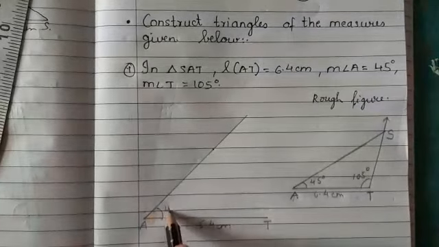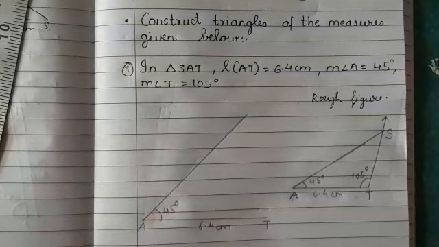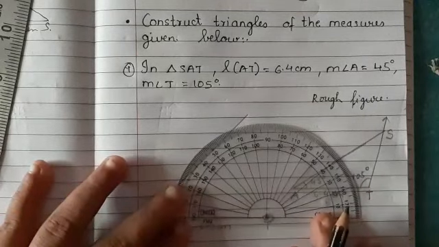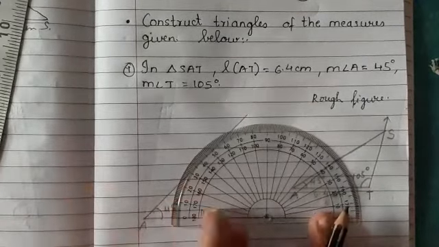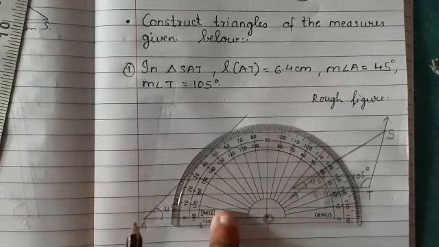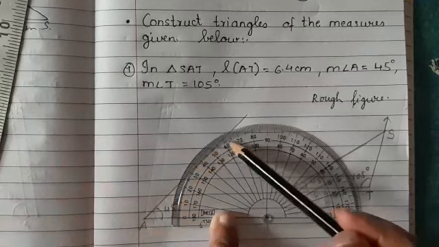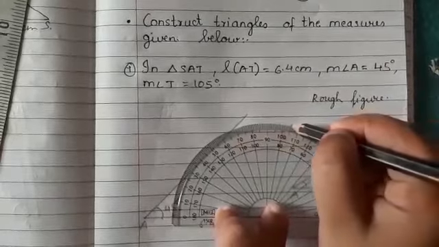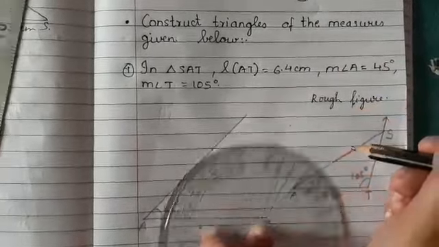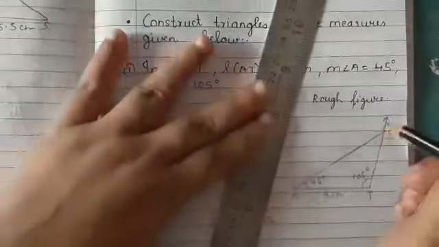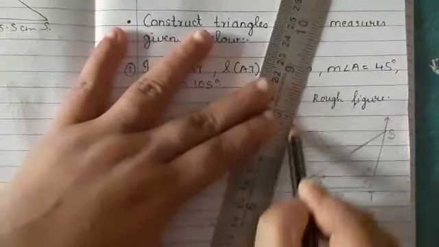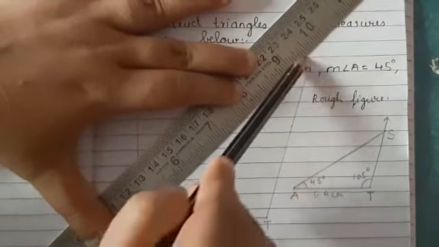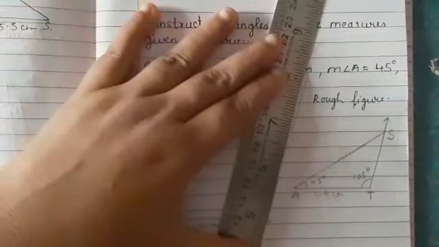This is 45 degree. Now I will draw an angle of 105 degree from T. So I will keep my protractor on point T. Okay, after that I'll now just see this side 0 because my line is to my left hand side. So left hand side 0, I'll search 105. I have 100 and 110. In between them I will have 105. Okay, so now I will join this point in this way and this line I'll extend. See, my extension is going above.